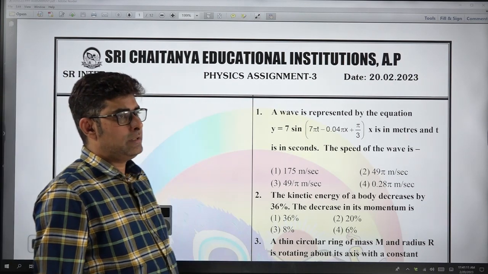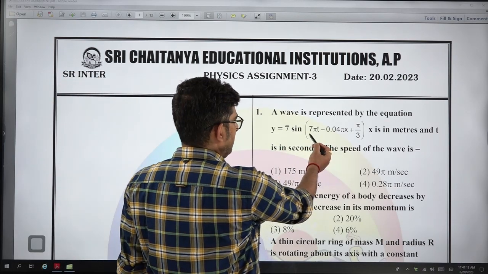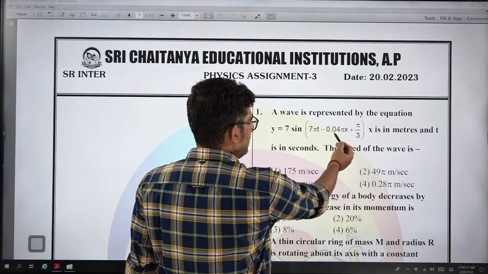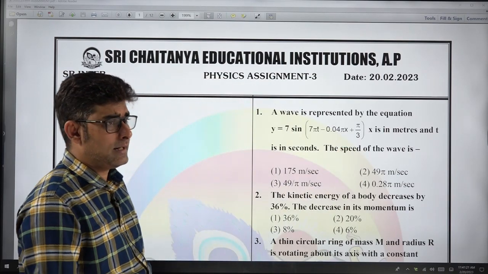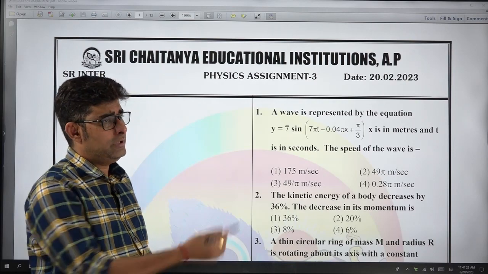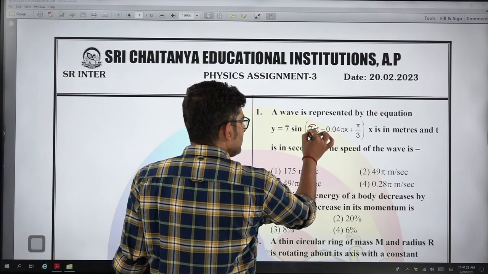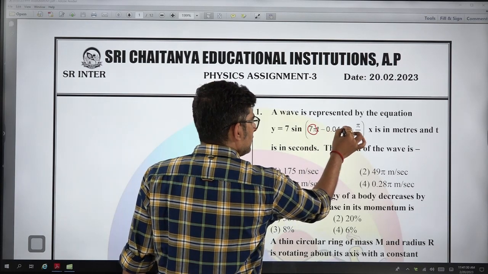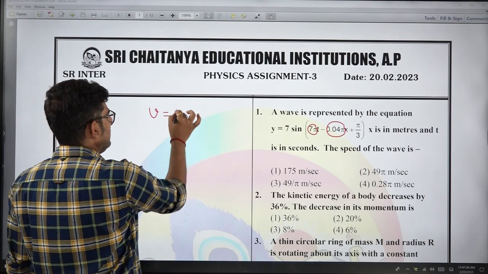So the first question that we have is a wave represented by the equation y equals 7 sine (7 pi t minus 0.04 pi x plus pi by 3), x is in meters and time in seconds. They are asking the speed of the wave. Well, it is a travelling wave and you know what is to be done. You just focus on the coefficient of t and you focus on the coefficient of x. So the wave speed is simply mod of